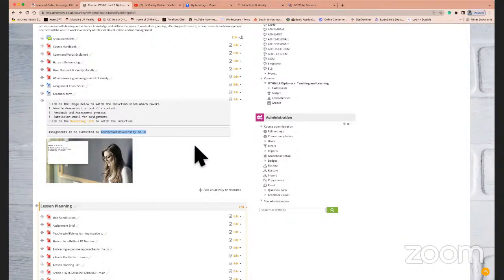This mailbox is monitored. You get an acknowledgement receipt. We have a 3 to 5 day turnaround time on any assignment which is submitted. In some cases, it can be a maximum of up to 2 weeks, because there are certain times of the year when we have certifications happening and there are academic closures and UCAS and things like that. But generally, our turnaround time is a maximum of 3 to 5 working days, so you should be able to get feedback from us within that time frame.